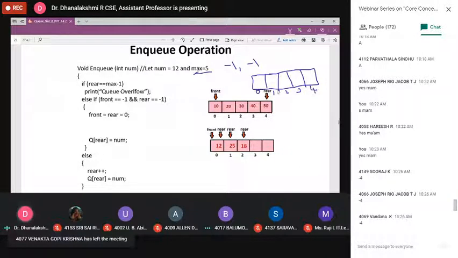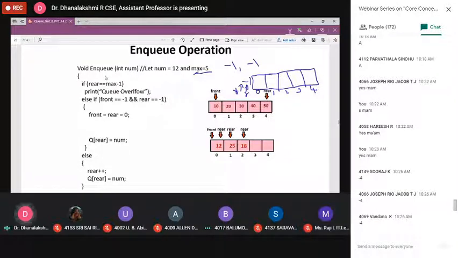That means my array size is 1, 2, 3, 4, 5. Initially it is -1. That means I am going to initialize front is equal to -1 as well as rear is equal to -1. These are all the pre-initialization.